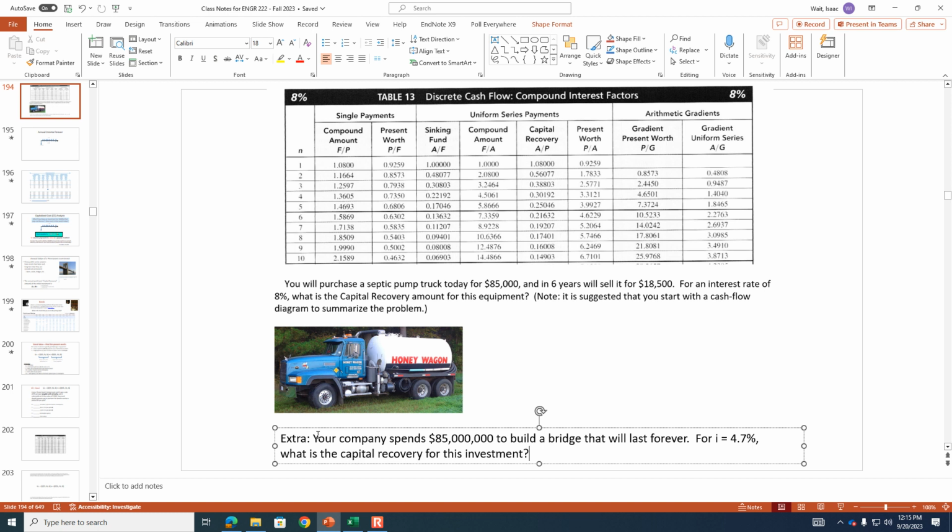But the way that you'd answer this question, if you spend $85 million to build a bridge that'll last forever, what is the capital recovery for that investment? There's no salvage for something that lasts forever. So there's not a revenue at some point in the future. There's just the cost at the present. And what you're doing is you're spreading out that cost over infinity. So if it goes on forever, you're starting here at time 0 and you spend $85 million,